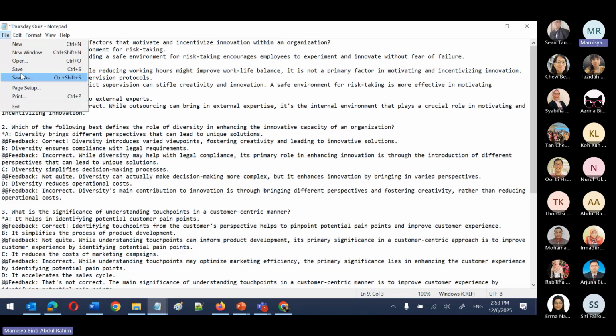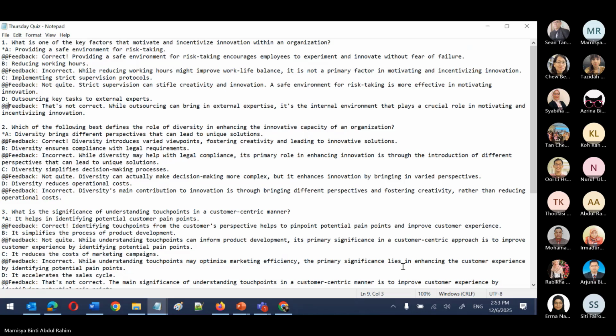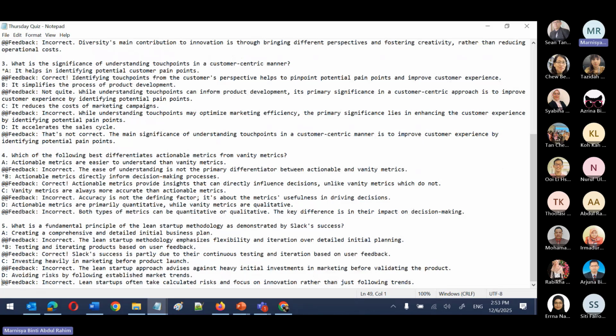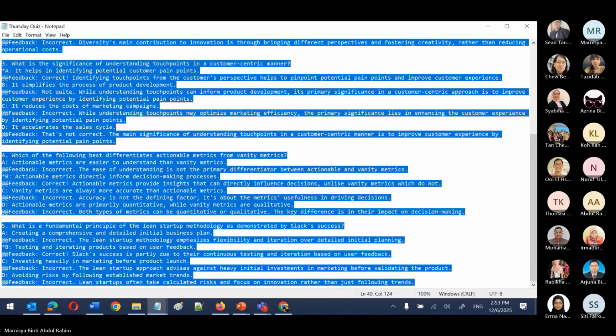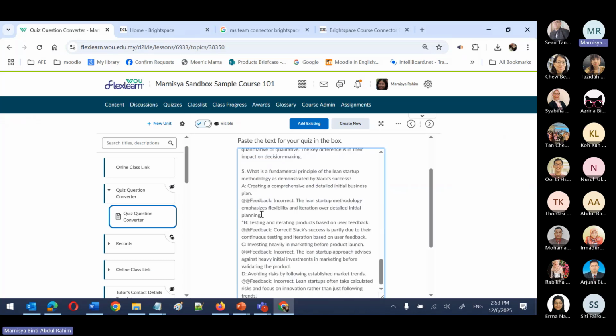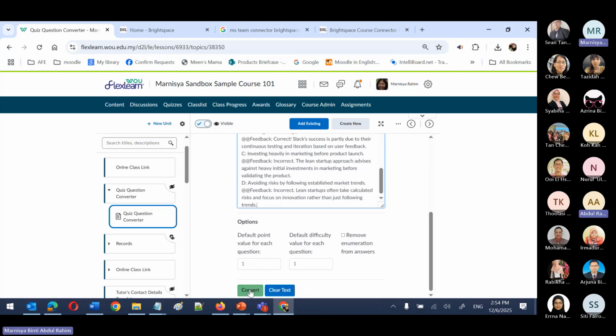Okay. Let's see whether this one can pass. So we've made the changes. Let's hope that it can pass. All you need to do is copy from the notepad, go to your question converter and paste it. I really hope this gets through. Okay, don't know yet. So after the question is converted,